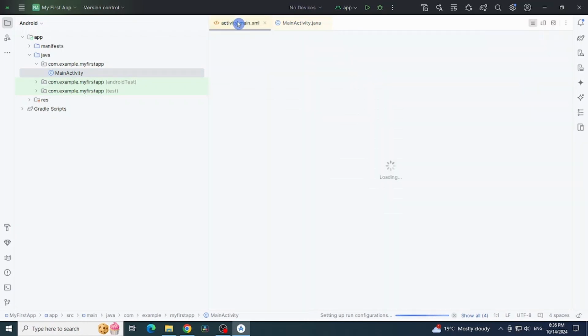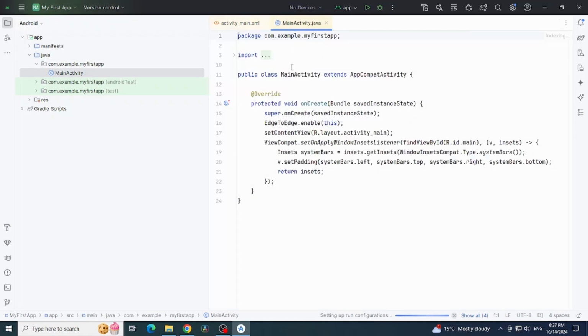Here is the XML version file, activity_main.xml, that automatically came up since